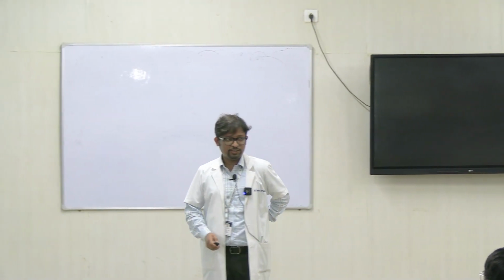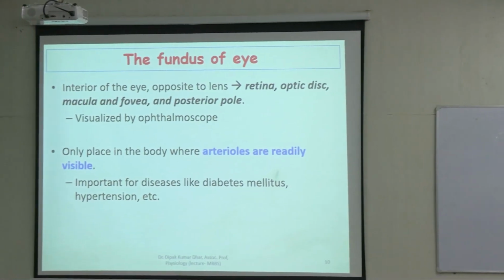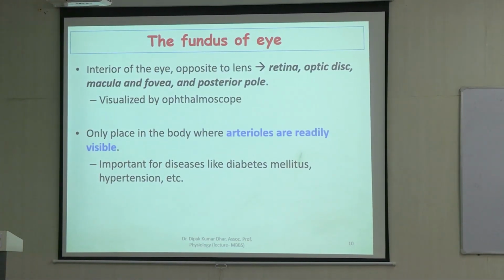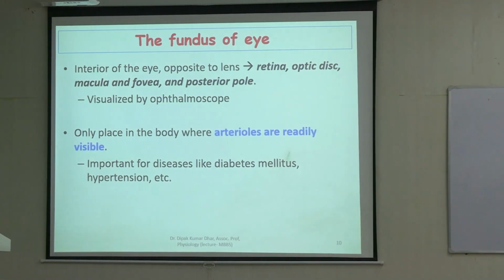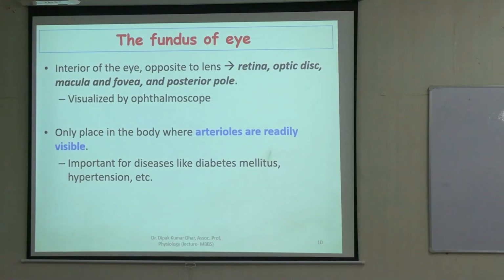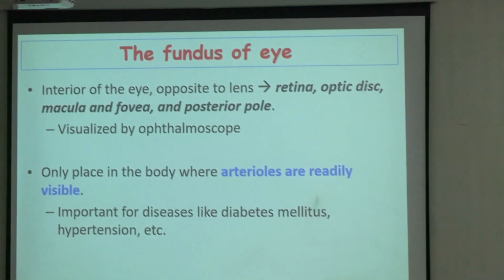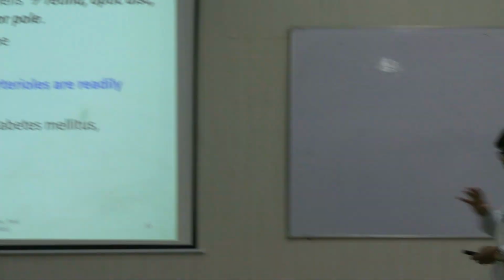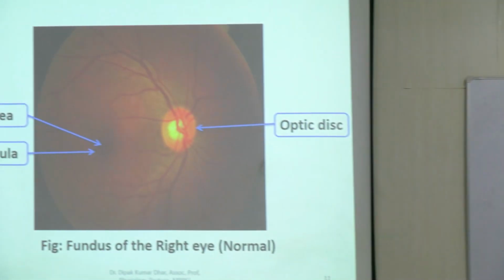What is the fundus of the eye? The fundus, what in medical science you can come across again and again. You have fundus in the stomach, you have fundus in the uterus, right? So many places you have fundus. The fundus of the eye refers to the inner view of the eye. So if you look at the eyes of your patient, right, closely, अगर आप झाँक के देखो क्या दिखेगा आपको? This is what you will see, right?